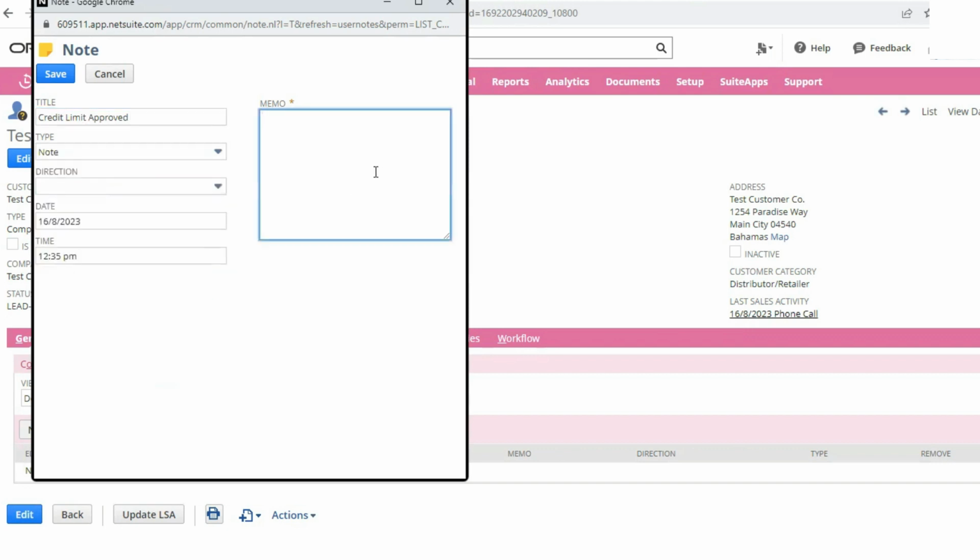This is the type of note I would leave. Okay, so this is the type of note I would leave if I approved a credit limit.